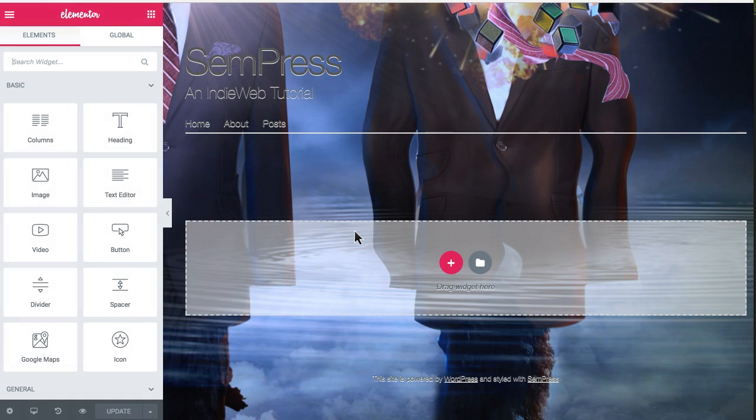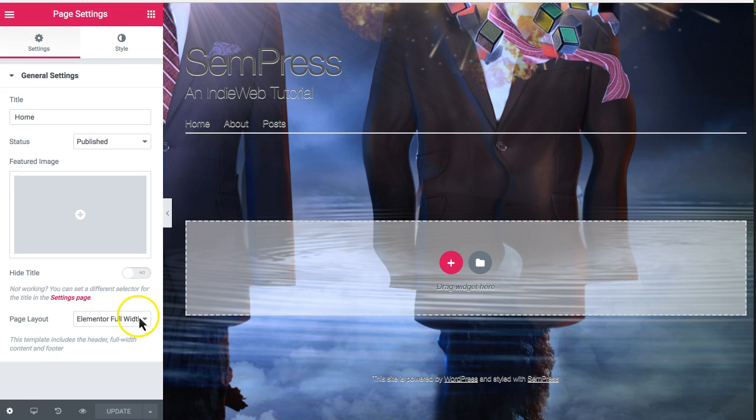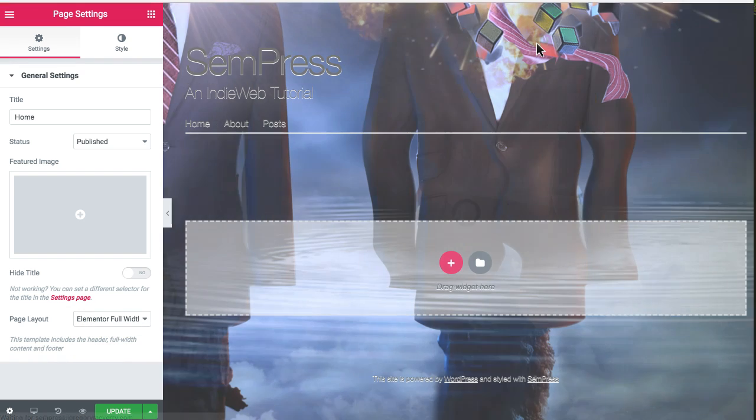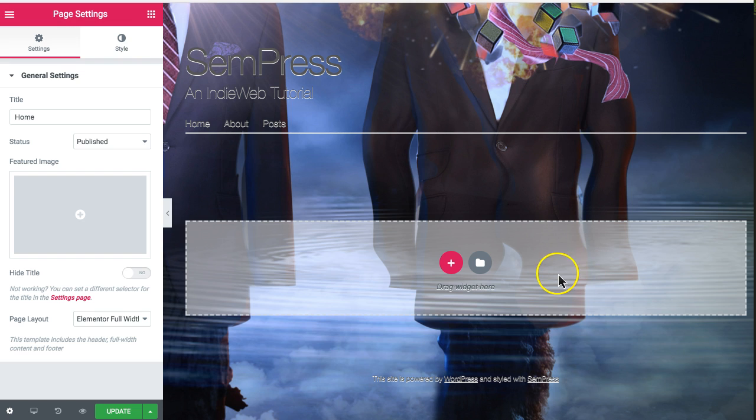And you have a few options here. If you click under Settings, you'll have your default setting, which is what the Simpress theme or 2016 Indie Web theme came with, and you can change that by going to Settings here and choosing if you want the full width, no sidebar, Elementor full width, or Elementor canvas. I'm going to go with Elementor full width,